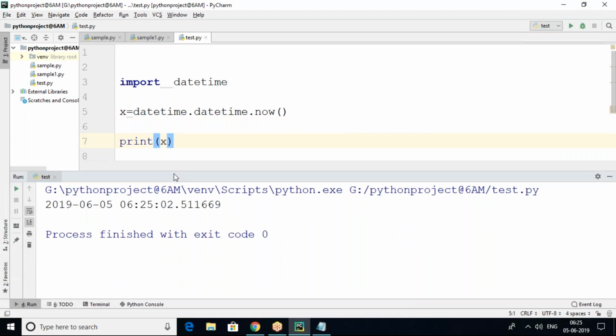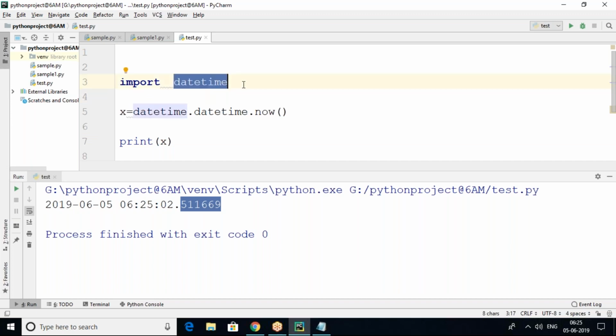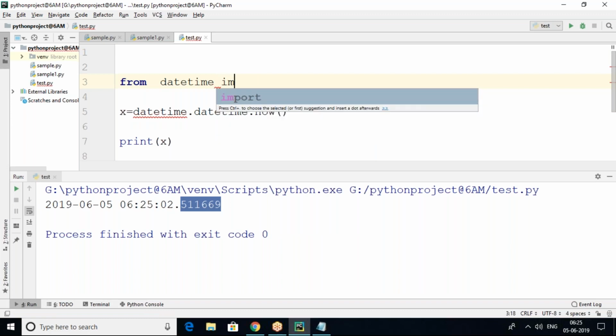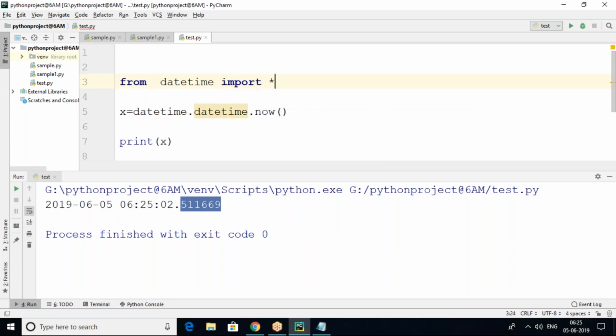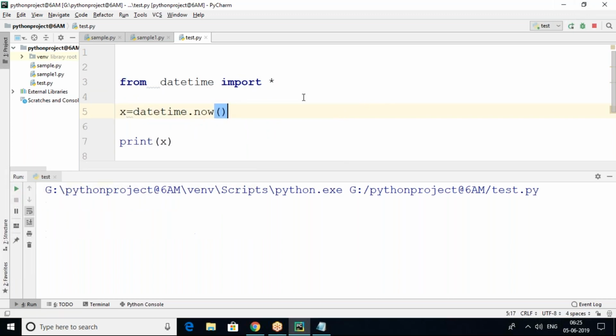That means we can print the current system date and time. So print x. The current system date and time is shown in the following format: year, month, day, hours, minutes, seconds, and microseconds. Next, we can also use the import statement: from datetime import star. In that case we need not use datetime twice; directly x equals datetime.now, we can use like this.